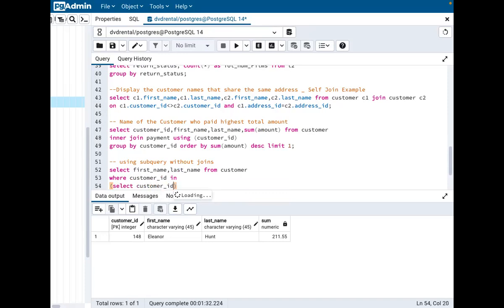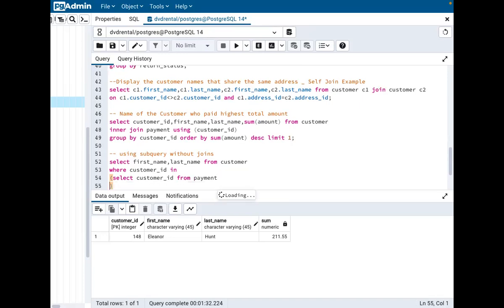Select customer_ID from payment group by customer_ID having sum amount is equal to